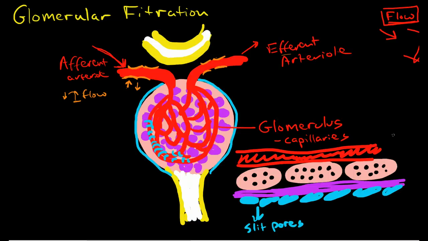So the fenestrations of the endothelial cells are about 70 nanometers, which is large enough to allow just about all particles in the blood to flow through, except for cells. This is about twice as big as an albumin molecule. However, the fenestrations